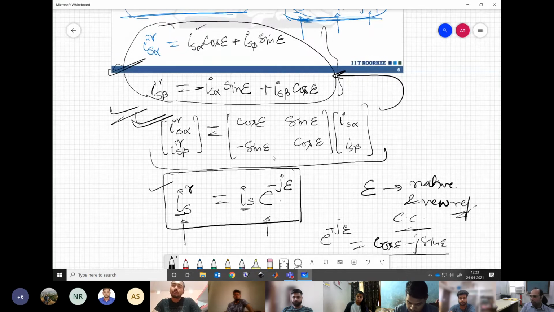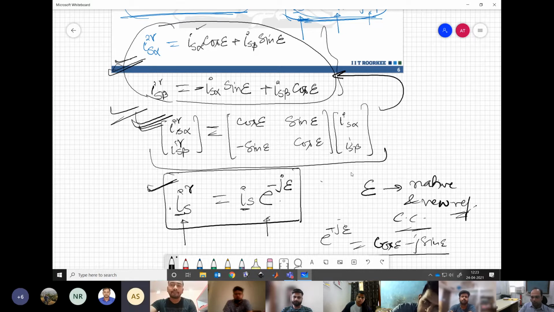Understanding my point? So whether you understand from the vector point of view, or you understand from the projection point of view, or you understand from the matrix point of view, these all three are saying the same thing. We are defining our vector in a different reference frame. So that is what we do. Is that clear? Clear?